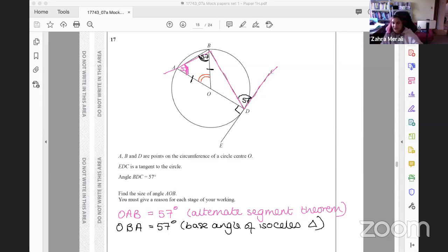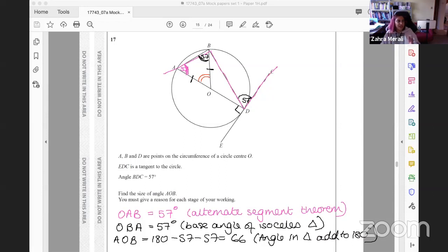And that means we can find our one, because we've got AOB must be 180 minus 57 minus 57, which gives you 66, and that's angles in a triangle, add to 180. Okay, so circle theorems